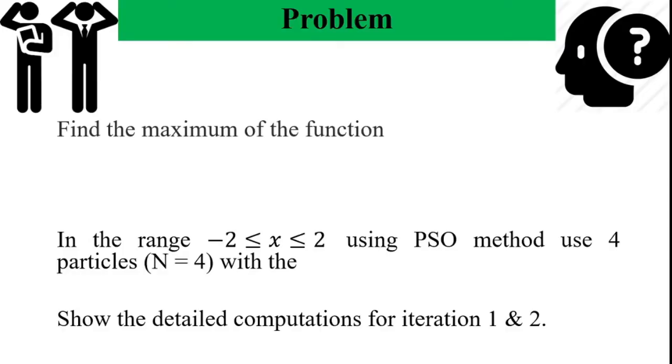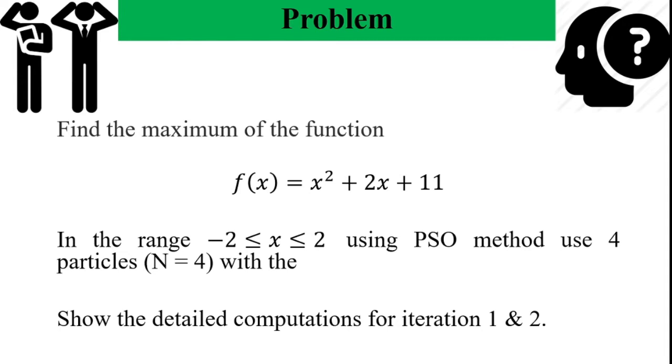For understanding particle swarm optimization, we utilize this mathematical function as an objective function. Find the maximum of the function f(x) = x^2 + 2x + 11. Here I consider only one variable for solving the problem. This equation does not combine x1 and x2, so it is a one variable problem. The objective function also has constraints in the range: minus 2 less than or equal to x less than or equal to 2.